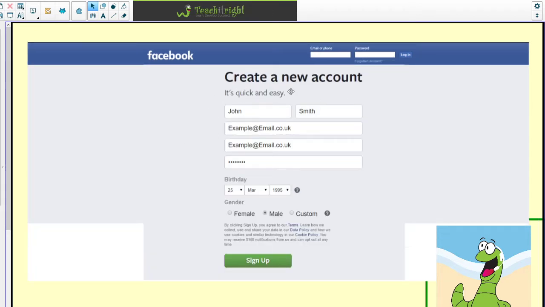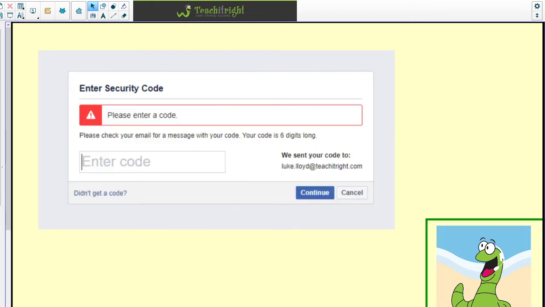Important things to note, please use the parent's name or whoever is completing this rather than the child's, because this is the front-facing thing, this is what is seen by everyone, and for safeguarding we require that not to be the child's name. An email address and a password, just make sure you note the password and you have access to the email address because you will need that in terms of confirmation. Once all these are filled in, you can hit the sign up button and you'll be taken to a page